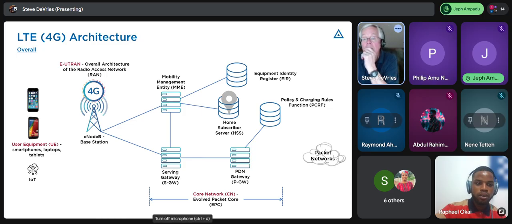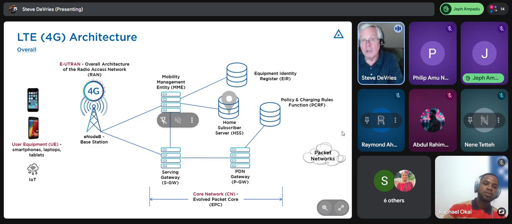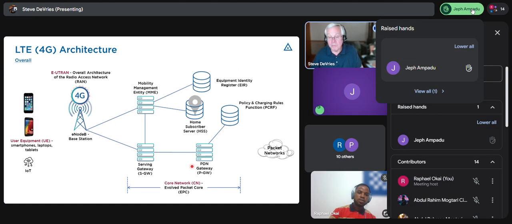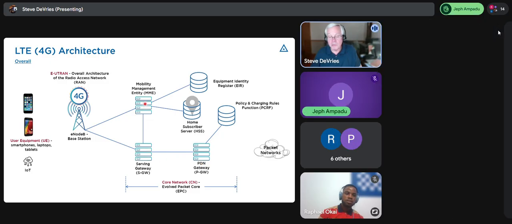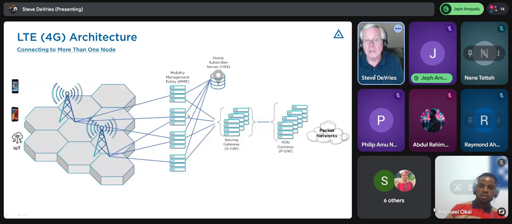Okay. And there are multiple P gateways. There are multiple PDN gateways. There are multiple serving gateways. There are multiple MMEs, kind of like this. You can even have multiple HSSs. Logically, there's only one HSS. Physically, there are multiple. You can have many HSSs.